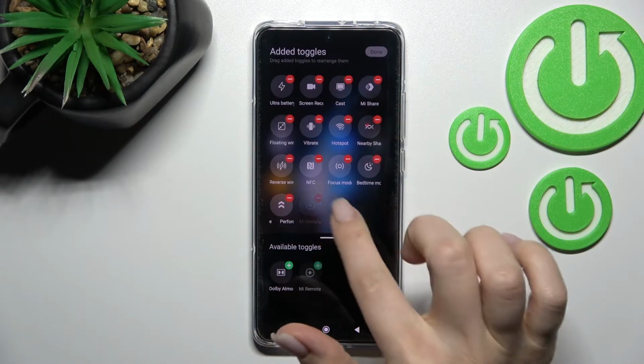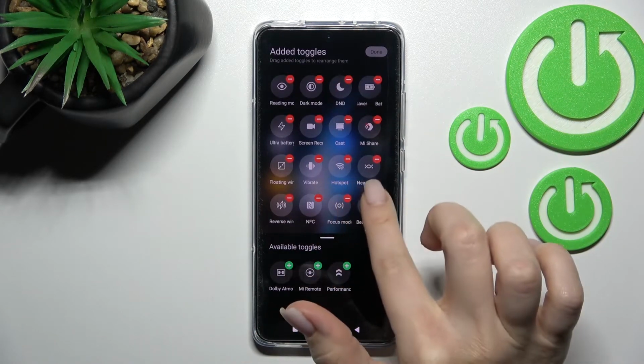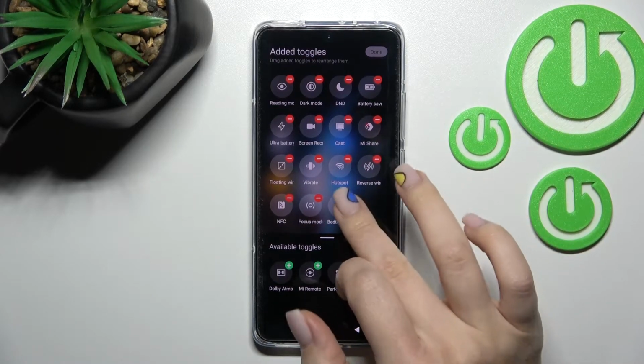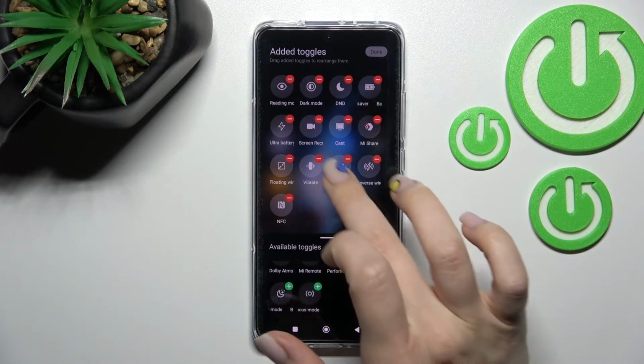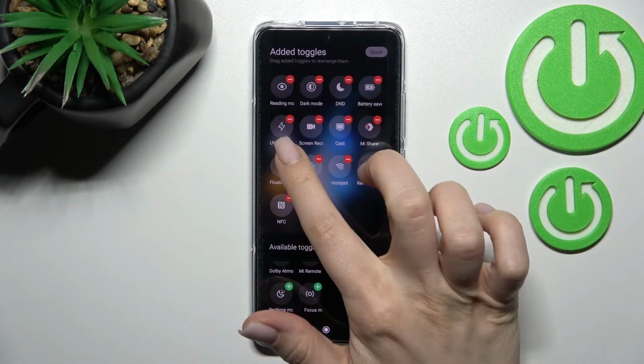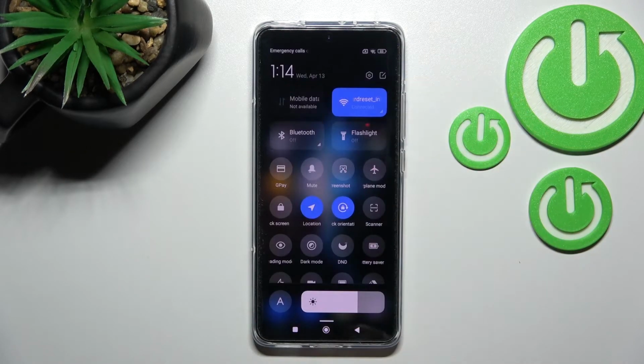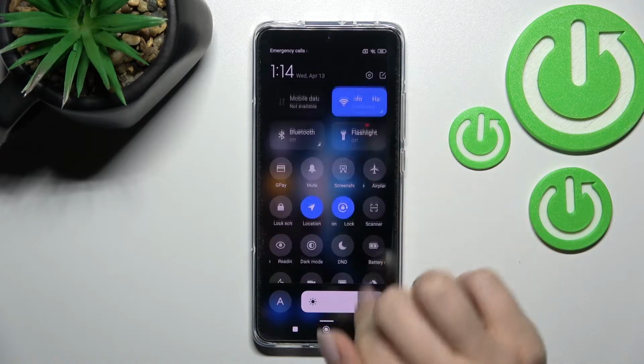To remove some icons in the same way, click here on the red minuses in the right upper corner here. And then just click here on done in the right upper corner, and you can see all of